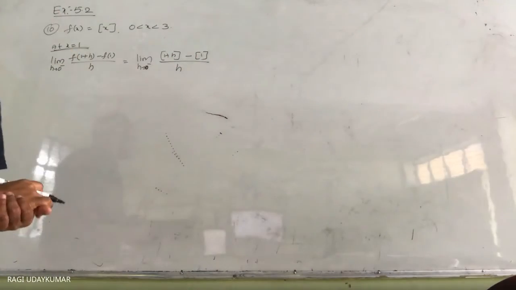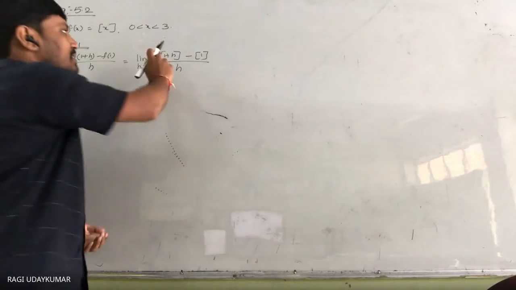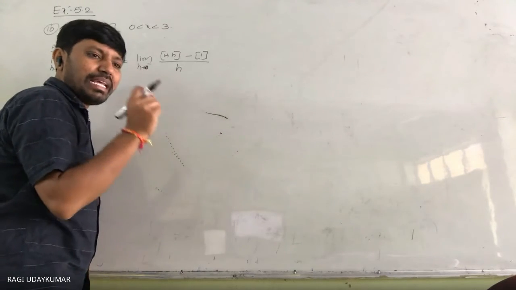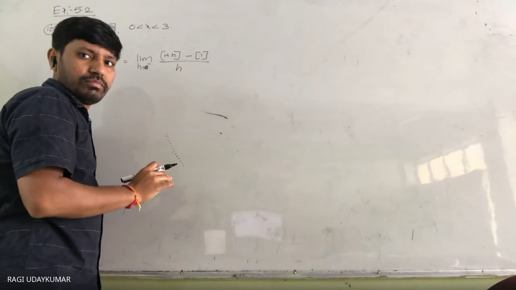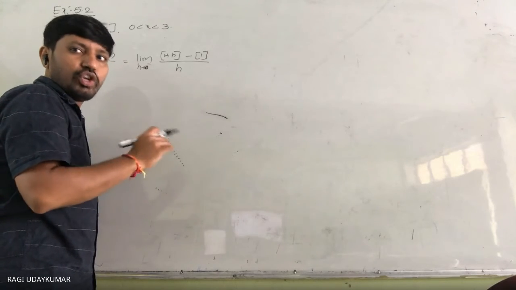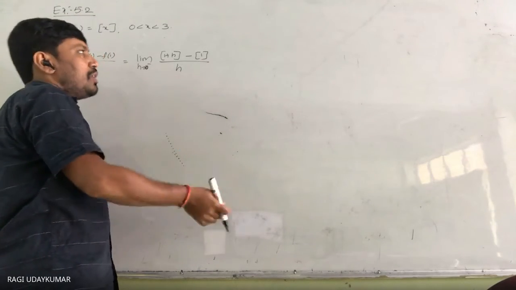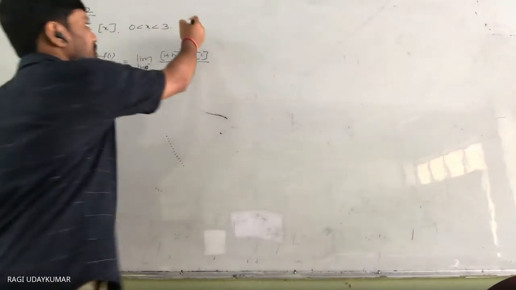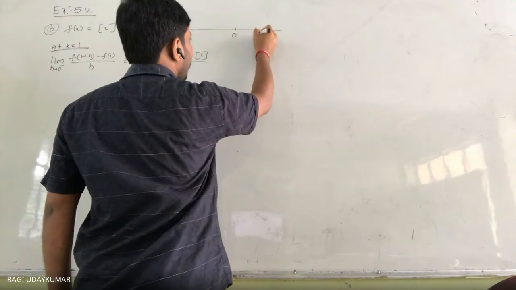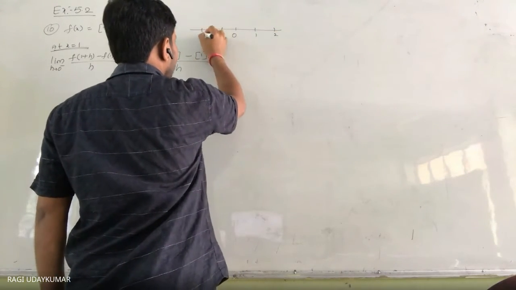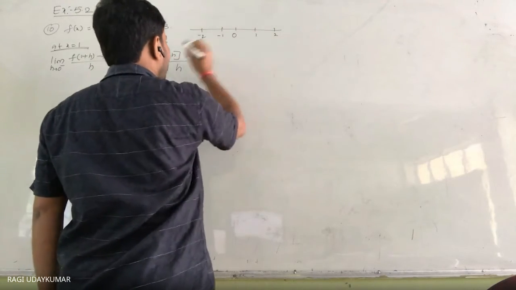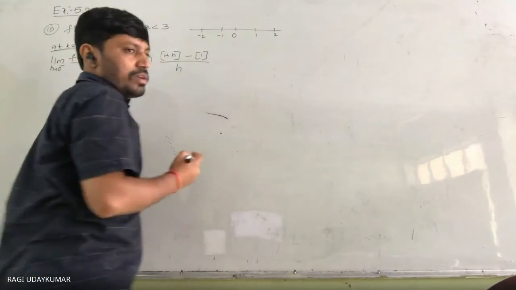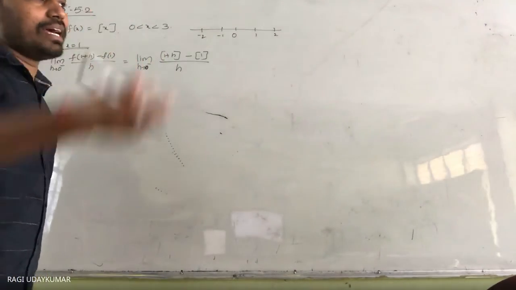And here everyone please concentrate. When h tends to 0 minus, approximately the number will be negative. 0 minus is nothing but negative. So when you are adding a negative number to 1, the value becomes slightly less than 1. 1 plus h, but the h value is 0 minus, so nearby, minus 0.9999 or something will be there.